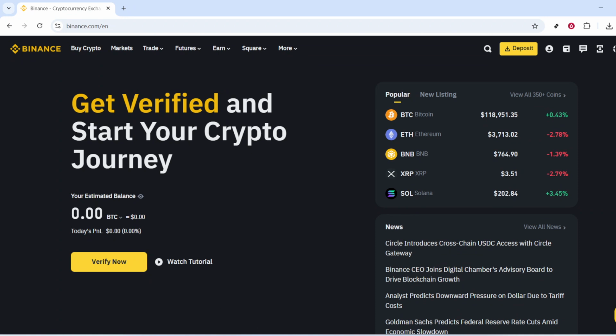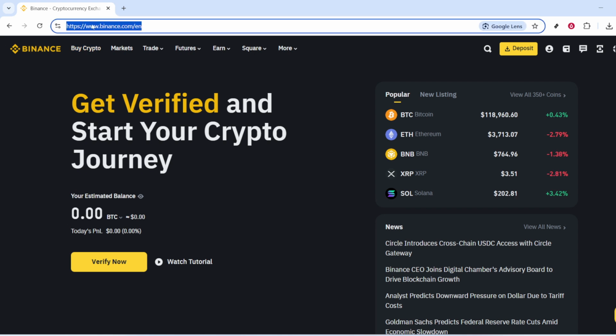First, start by heading over to the Binance website, which is one of the leading cryptocurrency exchanges in the world. Whether you're using Bitcoin, Ethereum, or any other altcoins, Binance offers a wide range of options. Make sure you're logged into your account so you can start the process without any hitches. If you haven't created a Binance account yet, you might want to set that up first, as it's necessary to